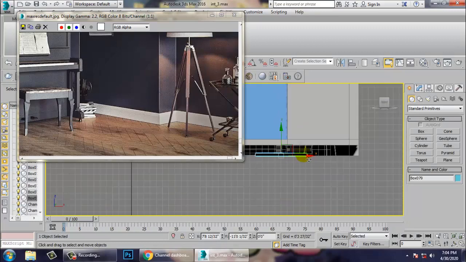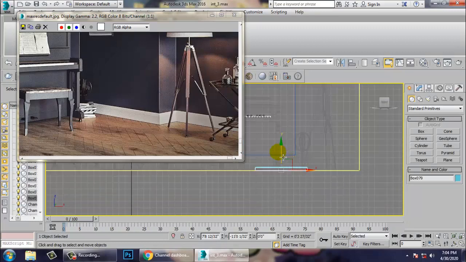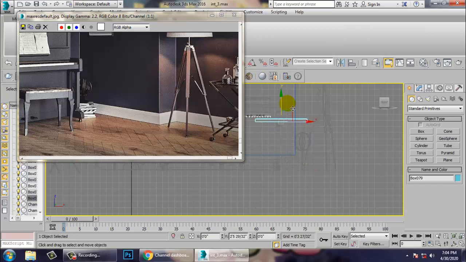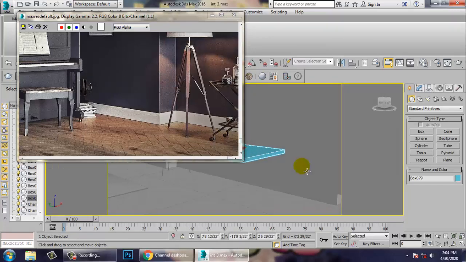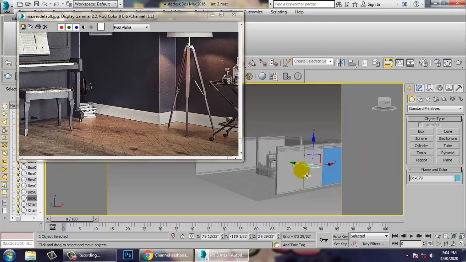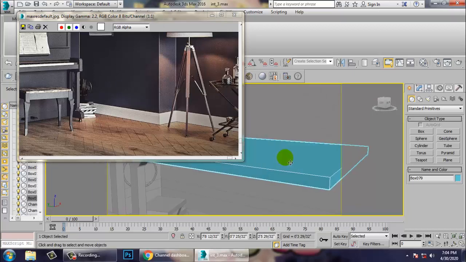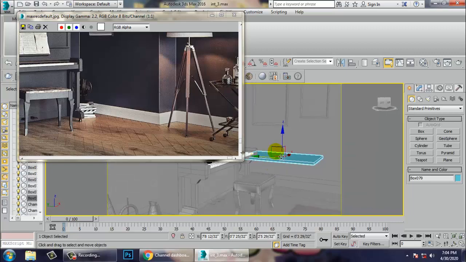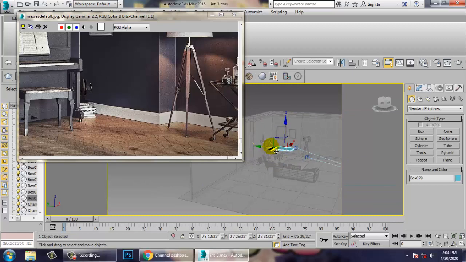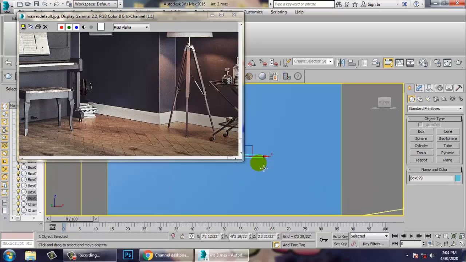And just push this box till here. A bit down. Yeah, better. Till here.